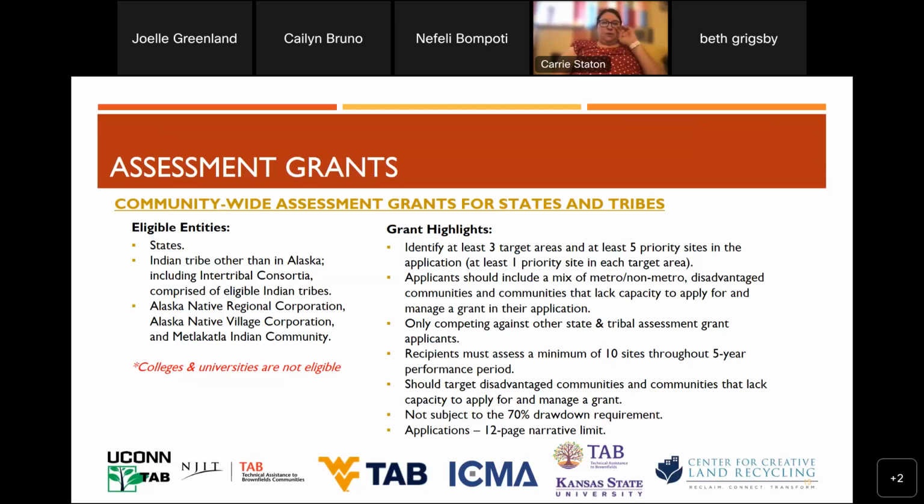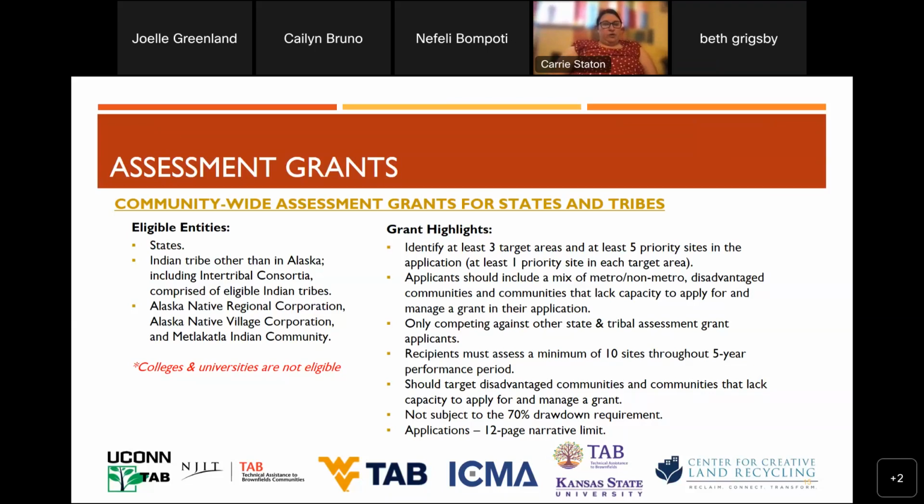In this, you do have to identify at least 3 target areas and 5 priority sites, and make sure that at least 1 site is in each area. You need to include a mix of metro and non-metro, so urban and rural. Make sure you're highlighting those disadvantaged communities and those with a lack of capacity to apply for a grant on their own. These grants are reviewed in competition only with each other, so it does not go into the bigger